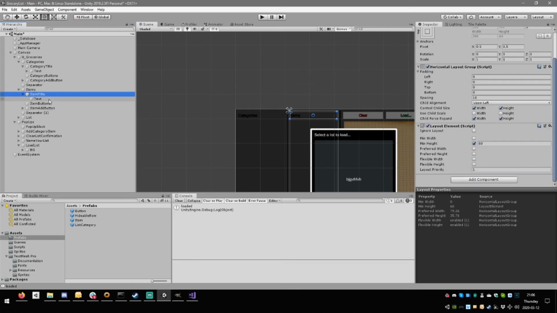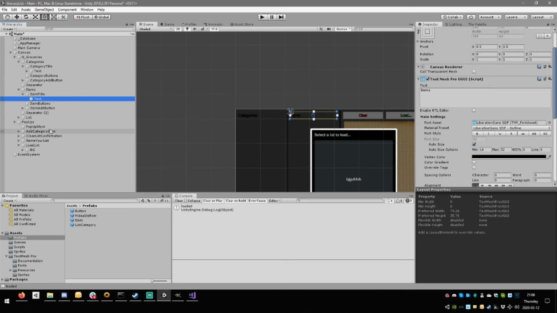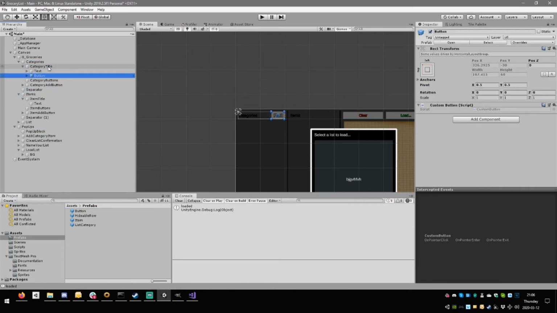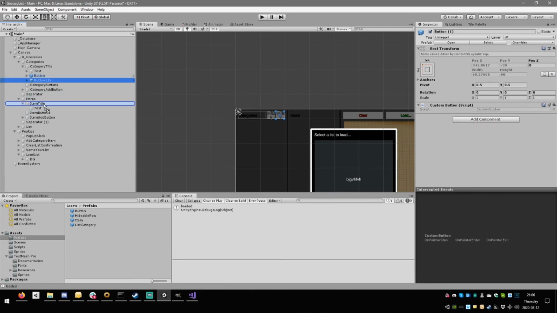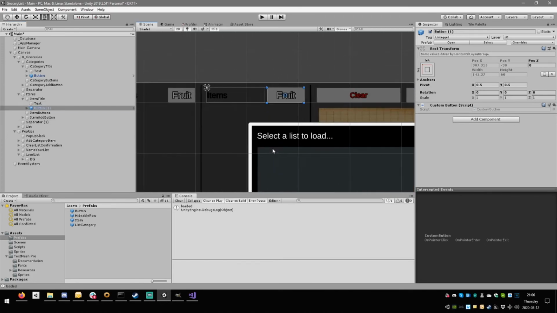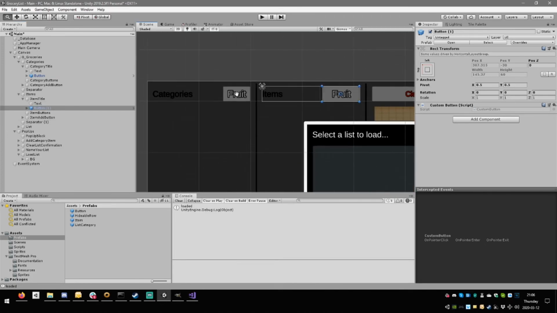And now they need a button. So, where are the buttons? They're here, but I think we have some buttons just lingering, whatever. We're going to take this button, put it in here. And we're going to duplicate this button, and we're going to put it in here. So now, it's going to be there. And we need to